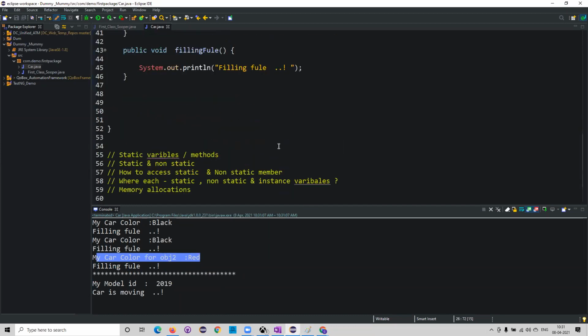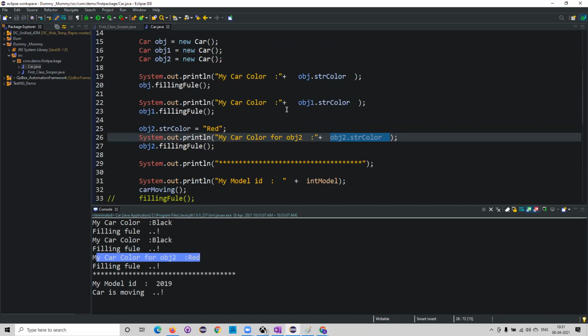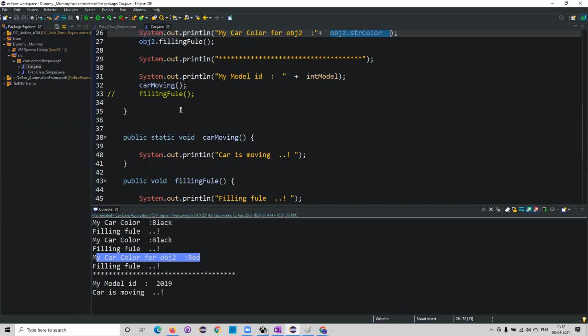Now quickly, what's the homework for tomorrow, guys? Once again I'm saying, go back and refer to the two videos. Tomorrow you shouldn't come back and say that you didn't see those videos. Today we understood what is meant by static and non-static variables, how we need to access static and non-static, how the memory allocation happens, how I should access in the same class and in a different class, and how I need to assign values to non-static variables if I want to change them during execution.